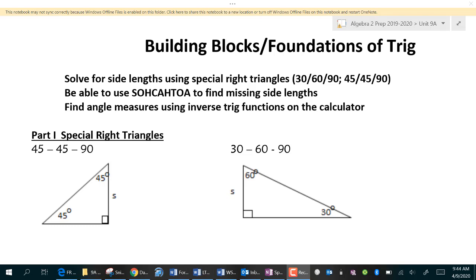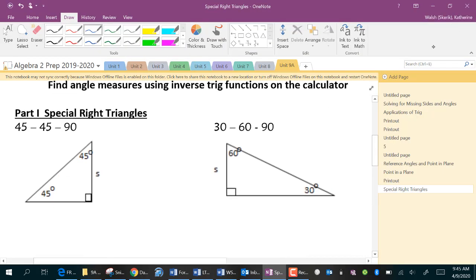So there's two types of special right triangles. There's 45, 45, 90 triangles, and then also 30, 60, 90 triangles. And we call these special right triangles because anytime you have a 45, 45, 90 or 30, 60, 90, we already know the ratios of the sides. So for example, a 45, 45, 90 triangle,